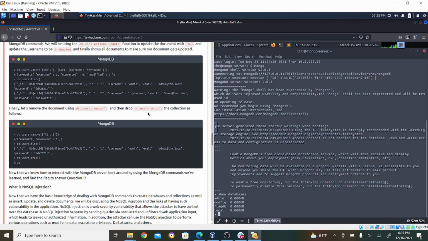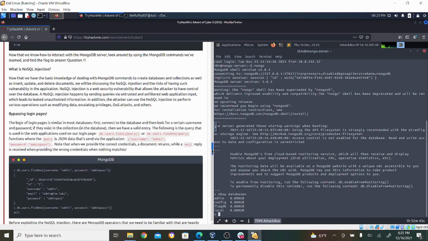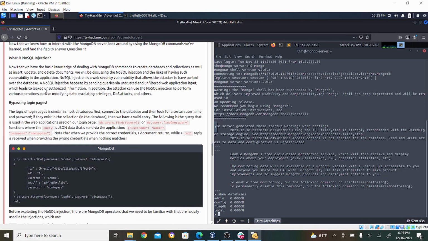So we're going to remove the table altogether. Now, NoSQL injection. Now that we have the basic commands for MongoDB and creating databases and collections, as well as the insert, update, and delete,